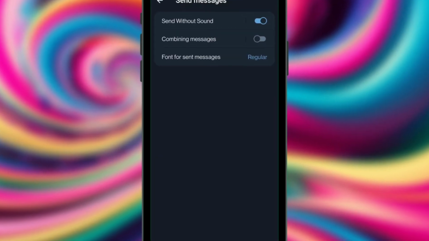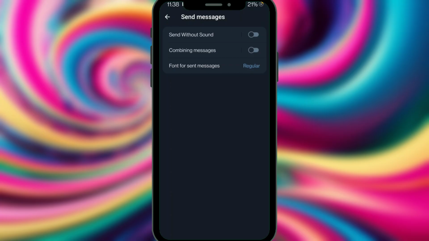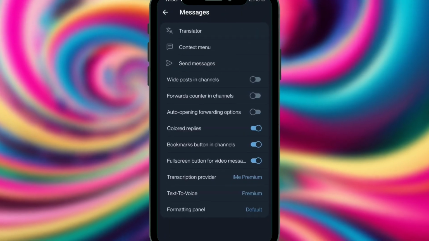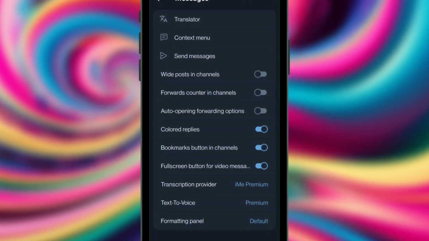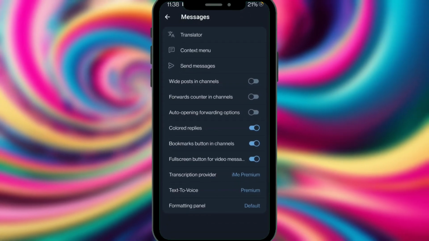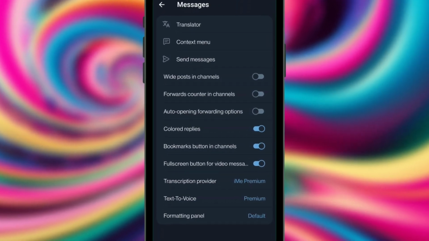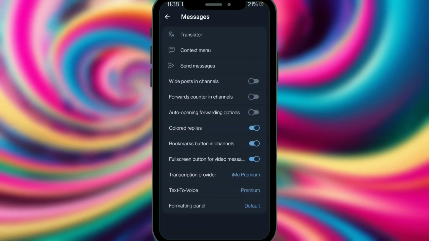We can send without sound, we can send with sound, we can combine messages. All right, we can enable wide posts in channels, we can allow forwards counter in channels, we can auto open forwarding options, we can enable colored replies, we can add bookmarks button in channels, we can